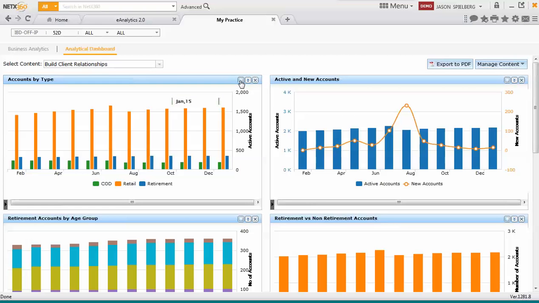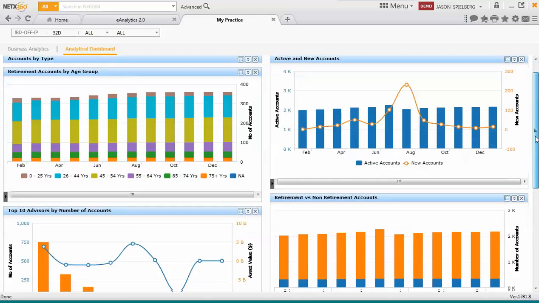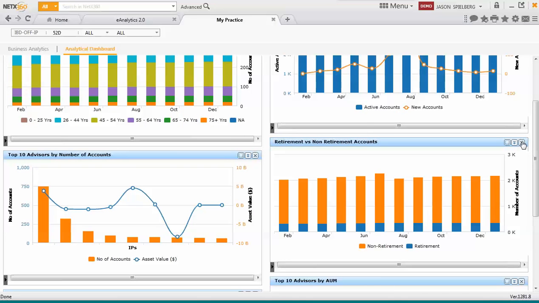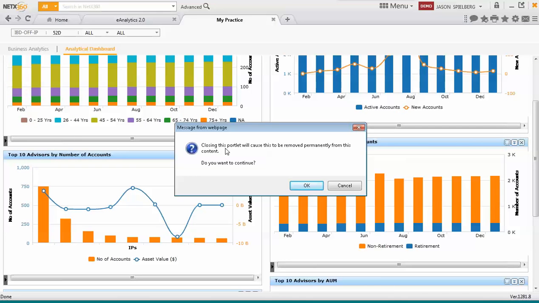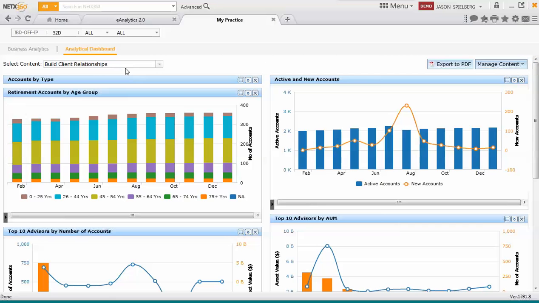I can also maximize any one of these screens by clicking on the square icon. I can minimize it, or I can close it out and say, you know what, I don't really want to see active and new accounts, or maybe I don't do a lot of retirement business, I can close that out. It says closing this portlet will cause this to be removed permanently, and I can say yes. What you would have to do is actually remove the client relationship and re-add it to kind of start that